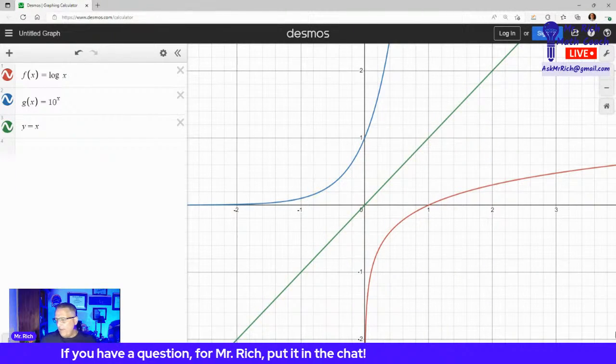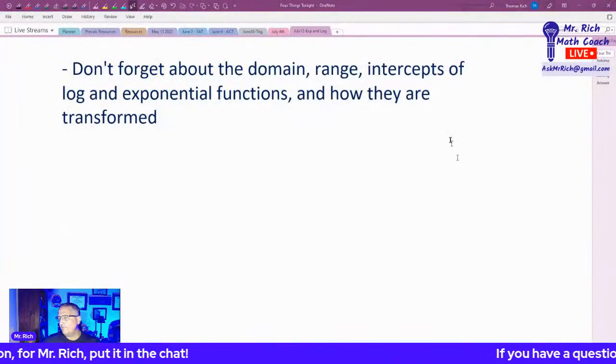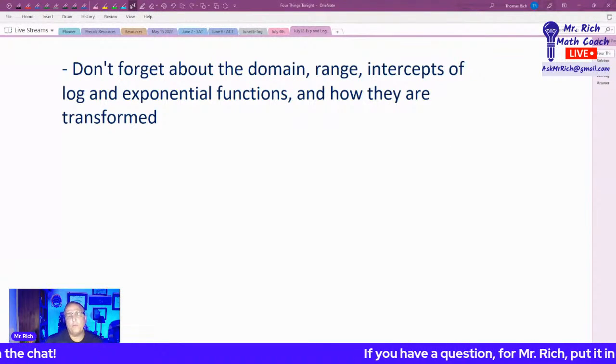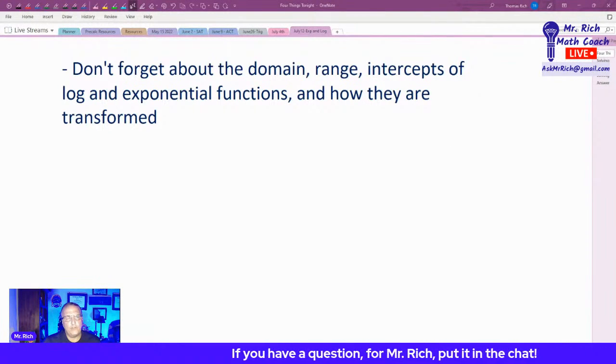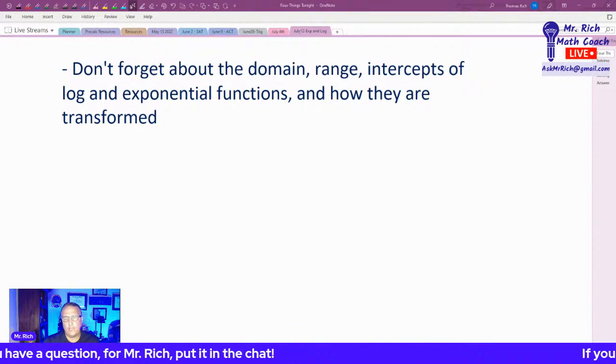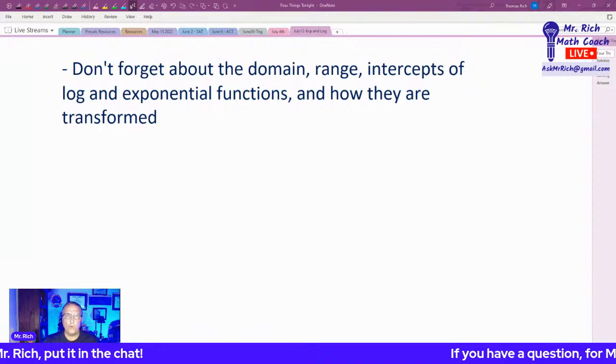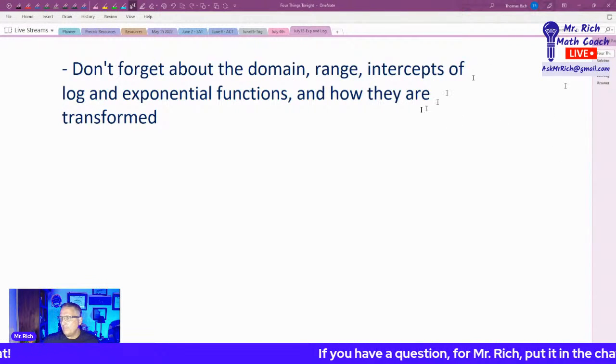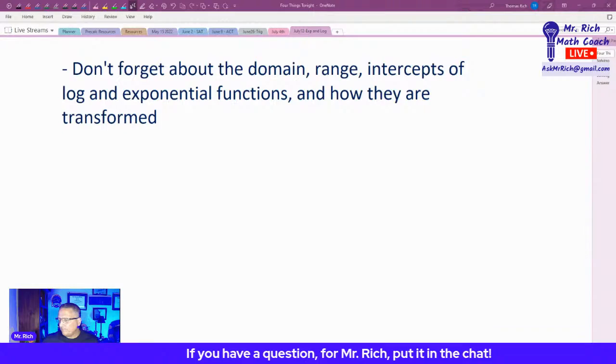Let us go back here, and I want to talk about the domain and the range of these functions, right? Because one thing that you want to remember is what are the domain, range, and x and y intercepts of log and exponential functions, and how they end up being transformed when we change the equations of the function. So if we go back to Desmos,